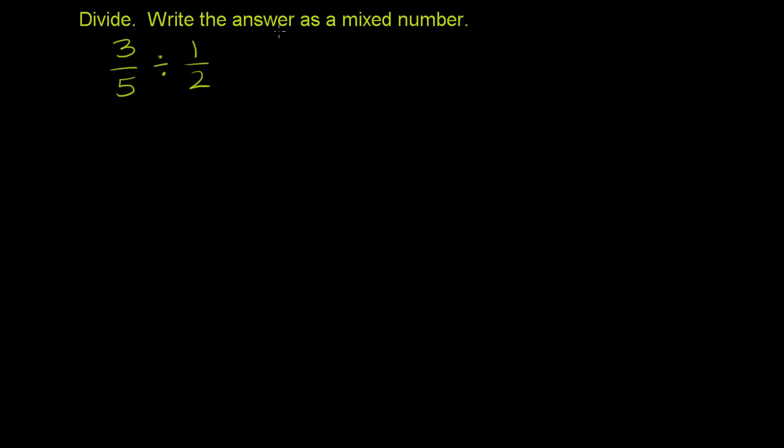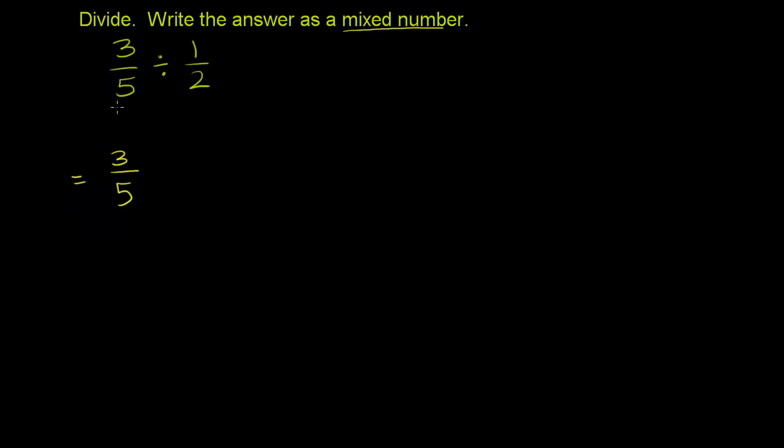Divide, and write the answer as a mixed number. And we have 3/5 divided by 1/2. Now, whenever you're dividing any fractions, you just have to remember that dividing by a fraction is the same thing as multiplying by its reciprocal. So this thing right here is the same thing as 3/5